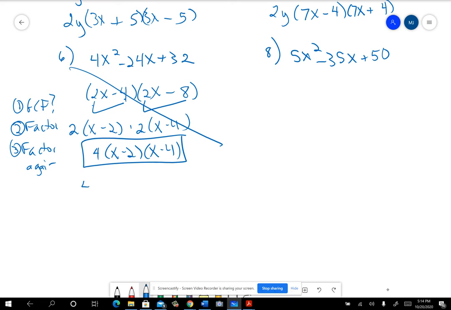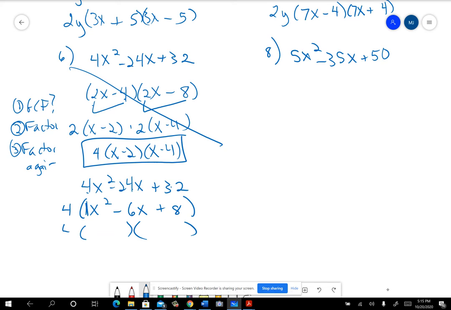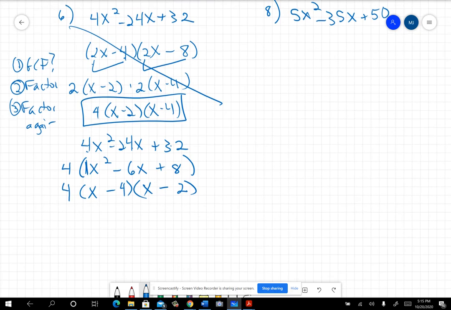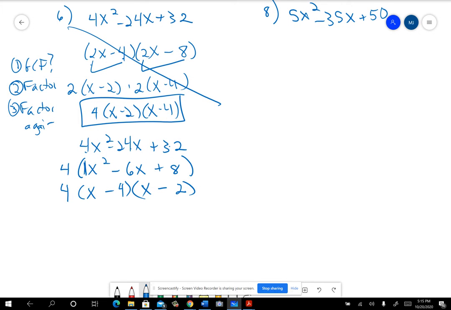So really, when you had a problem like number 6, you should notice that 2 goes into everything. In fact, 4 would go into everything, and pull the 4 out. If you do, you would have x squared minus 6x plus 8 left. So what's left is easy to factor because it has a 1 out in front of the squared. So it'll go faster. Okay, I need an x and an x, I need a 4 and a 2, and I need them both negative. Okay, so if you'll remember to take out the GCF, it's really to your advantage